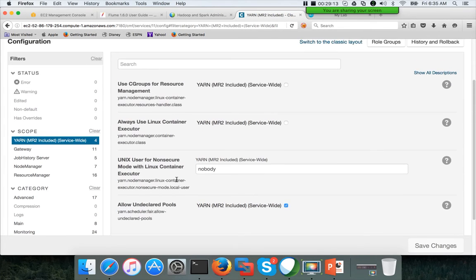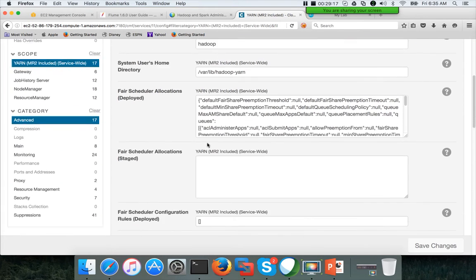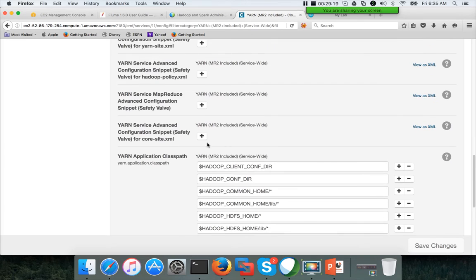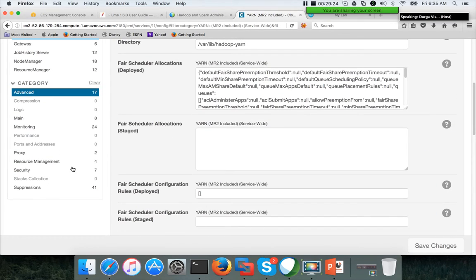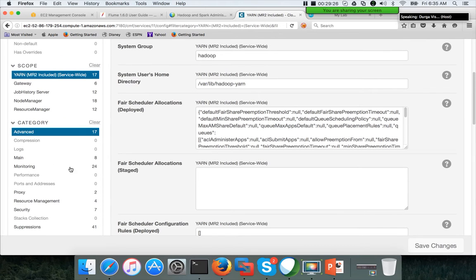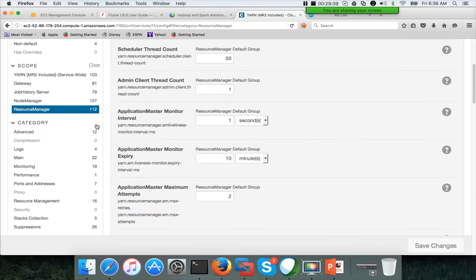Resource management, no, not even this one. Advanced, not even this one. Yeah, probably this is the one which we need to look into. Okay, main.